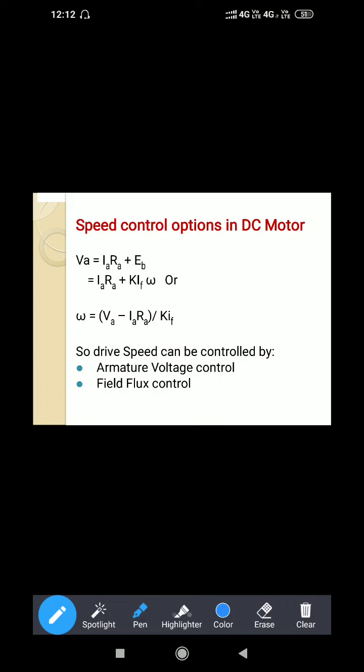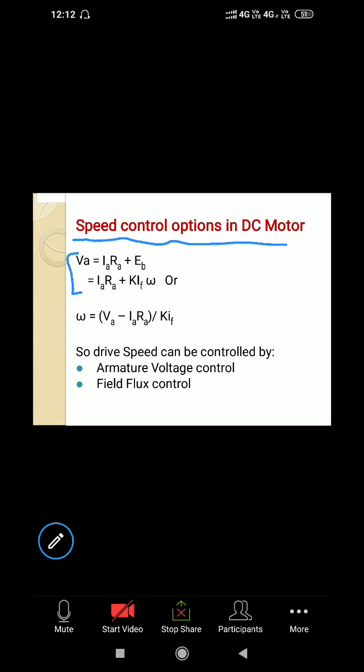Hello everyone. Today we are going to discuss the speed control options in DC motor and the speed torque characteristics of DC motor. So first we have speed control options in DC motor. To understand the speed control option, first we have to write the voltage equations of DC motor. So these are the voltage equations, and to understand this, first you have to recall or see the